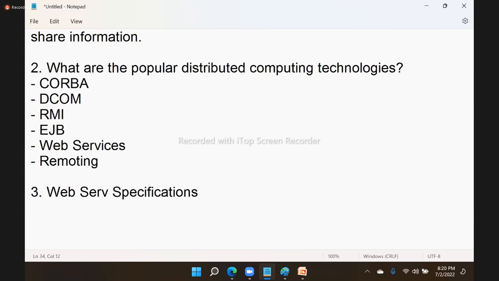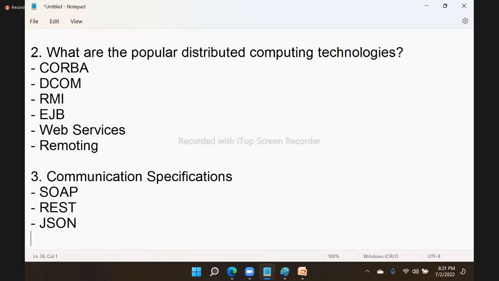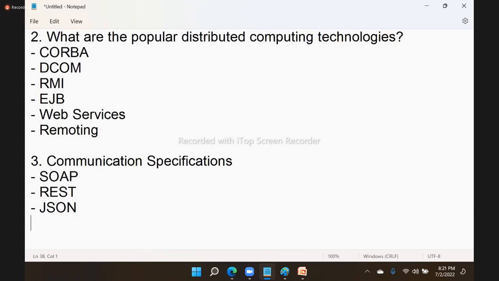There are three communication specifications: one is SOAP, another one is REST, another one is JSON. How does communication happen? You have to know that every API, that means every application interface,